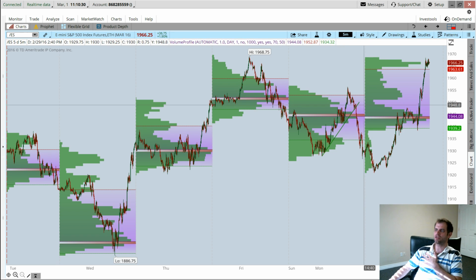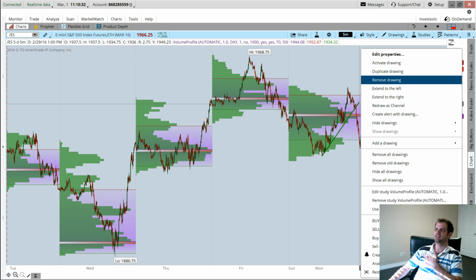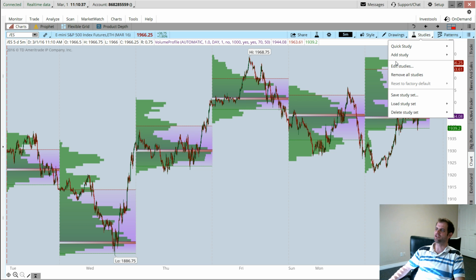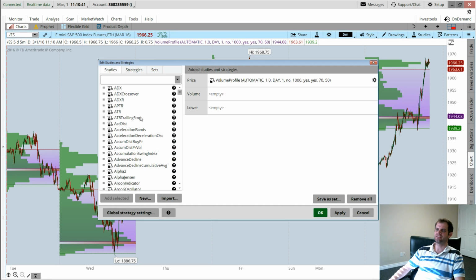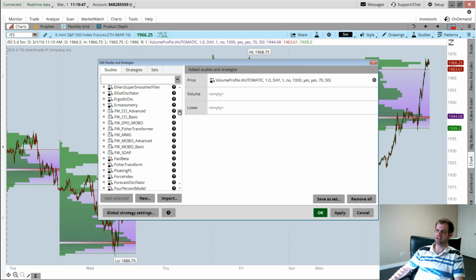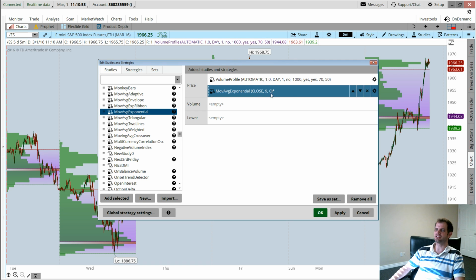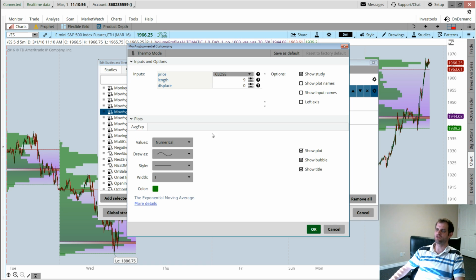But there's one other thing that I want to show you here as far as a good indicator to have on. I add on the 34 moving average and the 200-day moving average for those that want to do a bit of intraday day trading. These are two extremely significant moving averages. The 34-day moving average has a lot of significance in relation to